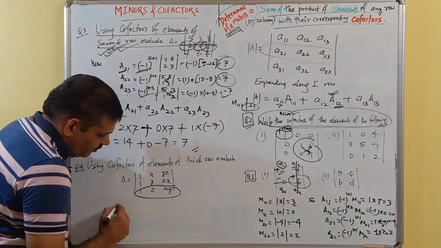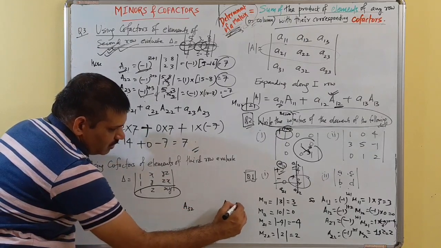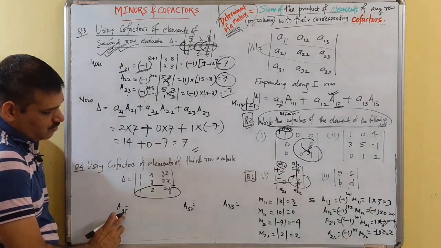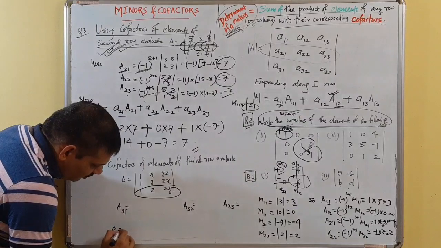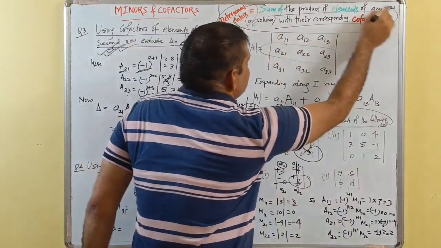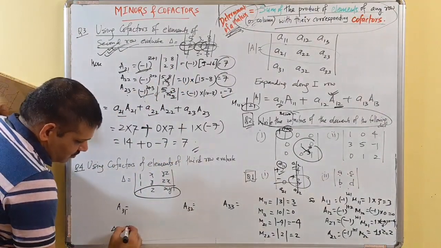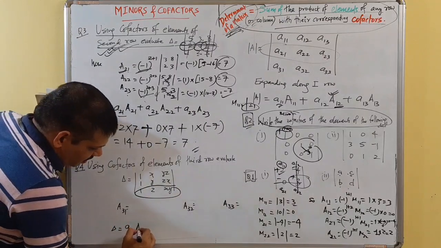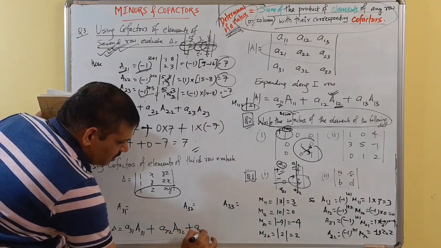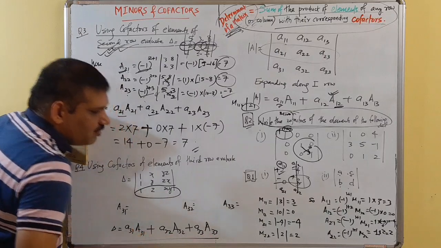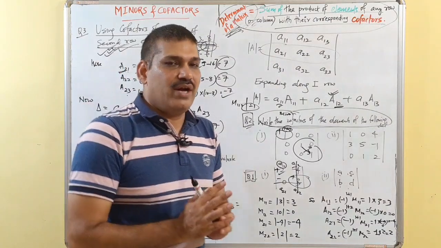In the same way, using cofactors of elements of third row, we will choose the third row. We will find A31, A32 and A33. Minus 1 raised to 3 plus 1. We will eliminate this and this, multiplied by this minus this multiplied by this, and finally the value of delta, the determinant of a matrix, can be obtained as sum of the product of elements of a row with corresponding cofactors. So this is A31 multiplied by capital A31 plus A32 multiplied by capital A32 plus A33 multiplied by capital A33. Well, this is how we do this exercise, minors and cofactors.